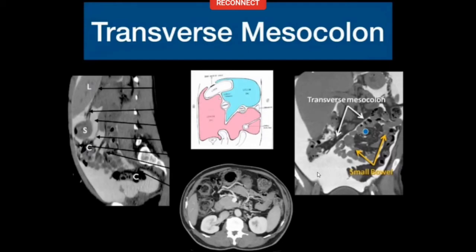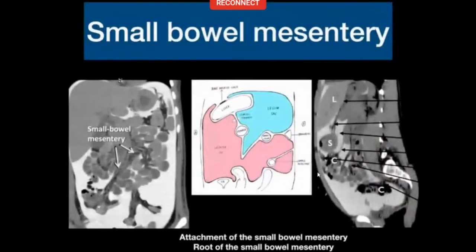And below that, there will be one vessel running which will be the left colic vein, which will be in the transverse mesocolon. I hope I'm clear about how to follow these vessels so that you know which fat they are going into, and the corresponding fat will be the mesentery of that bowel. The small bowel mesentery, which is traditionally what we call the mesentery and the source of most of our exam questions. So the small bowel mesentery extends from the DJ flexure to the IC junction.